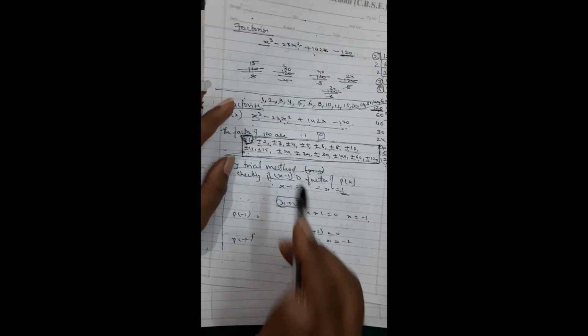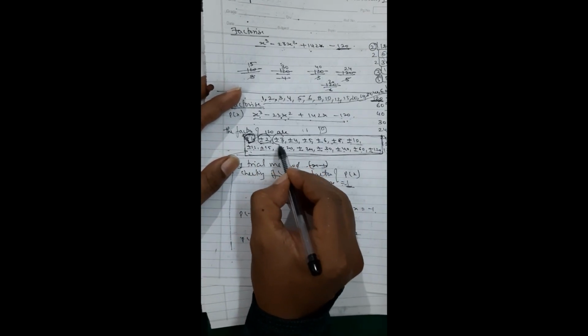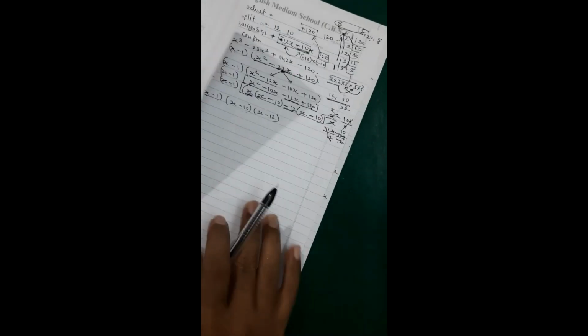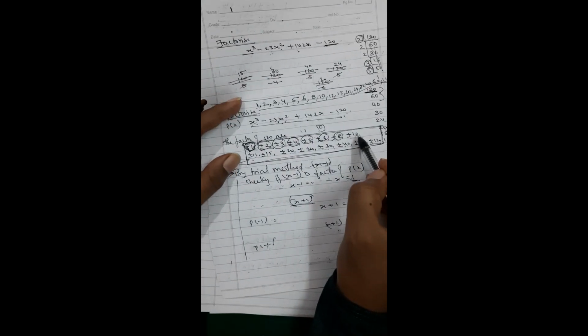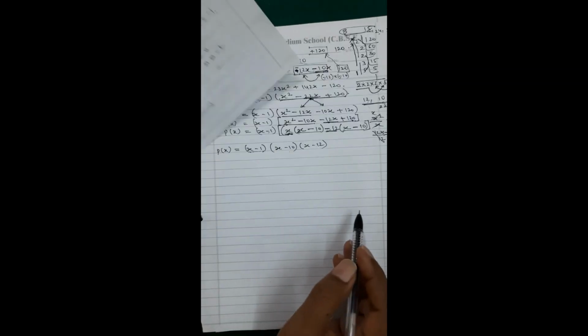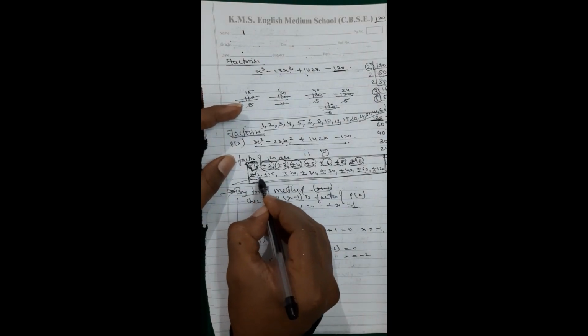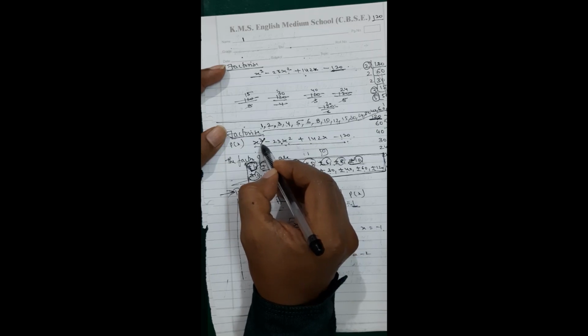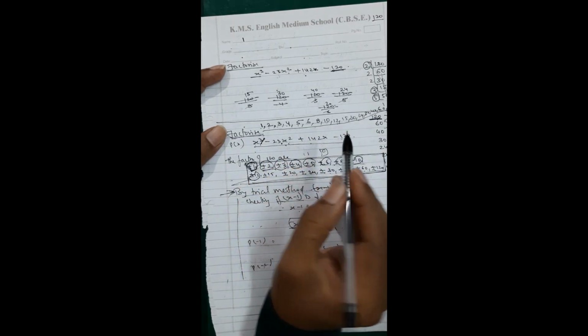That means plus minus 2 would have not given you 0, plus minus 3 would have not given you 0, plus minus 4, plus minus 5, plus minus 6, plus minus 8, and then you come over here. After plus 10, you would have done minus 10, and then you would have got the second factor. Okay, and then again for 12, when you go, x minus 12 would have been there. There are three factors you would have got. Definitely three factors, because the degree is 3, so the factors will be 3. If the degree is 4, you will get 4 factors.